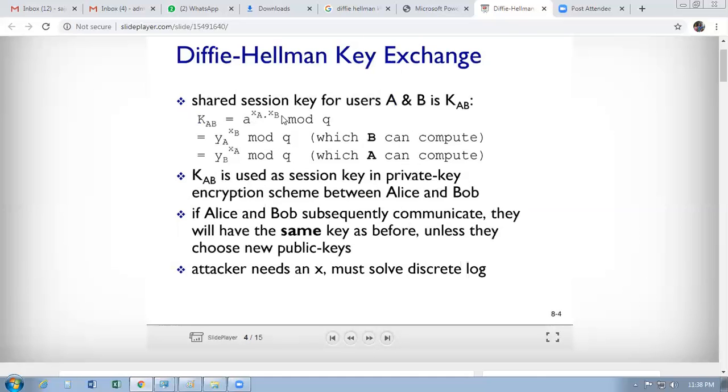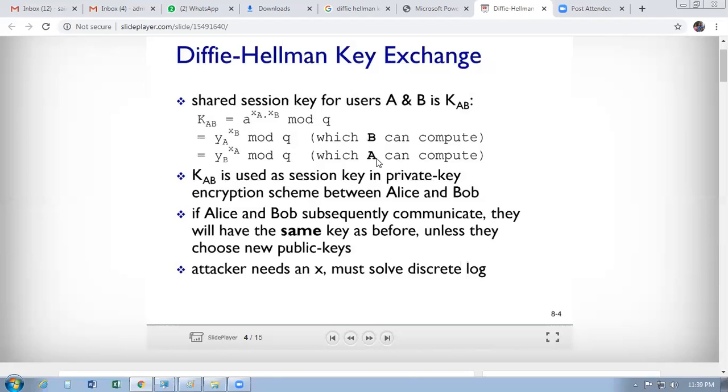The third step is session key generation. This session key is used in AES, DES algorithms. So how can we generate this session key? Each user, that is the person A and B, separately calculates the session key. The session keys are the same for both person B and A.